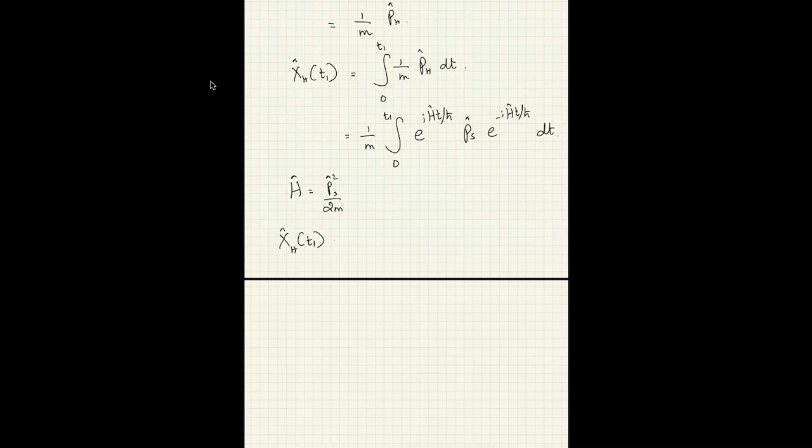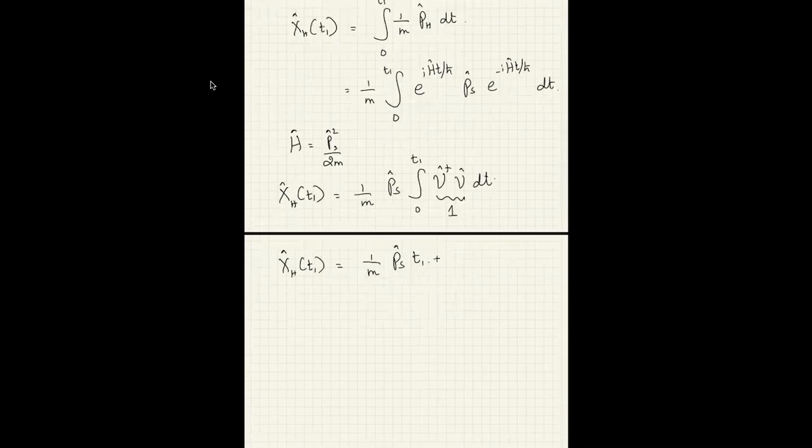So since H is P squared over 2m and P Schrodinger commutes with P Schrodinger anyway, I can write down X Heisenberg of T1 as 1 over m. If I pull out the P Schrodinger, because it's also time independent, I can put it on the left because it commutes with the Hamiltonian. And I can also pull it outside the integral because it is time independent, I get 0 to T1, this is simply U dagger U dt, and U dagger U is just 1. So X Heisenberg T1 is simply given by 1 over m P Schrodinger times the time t1